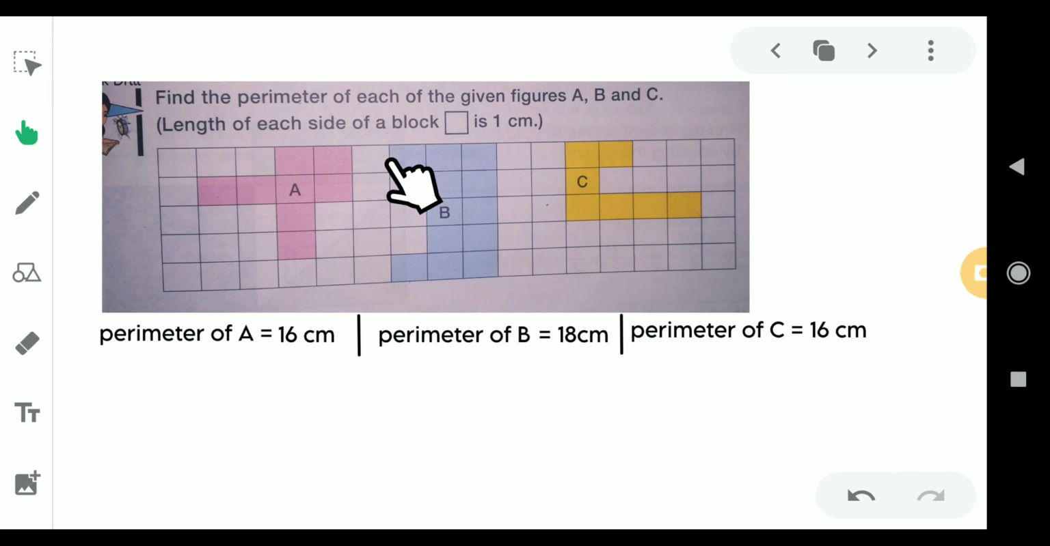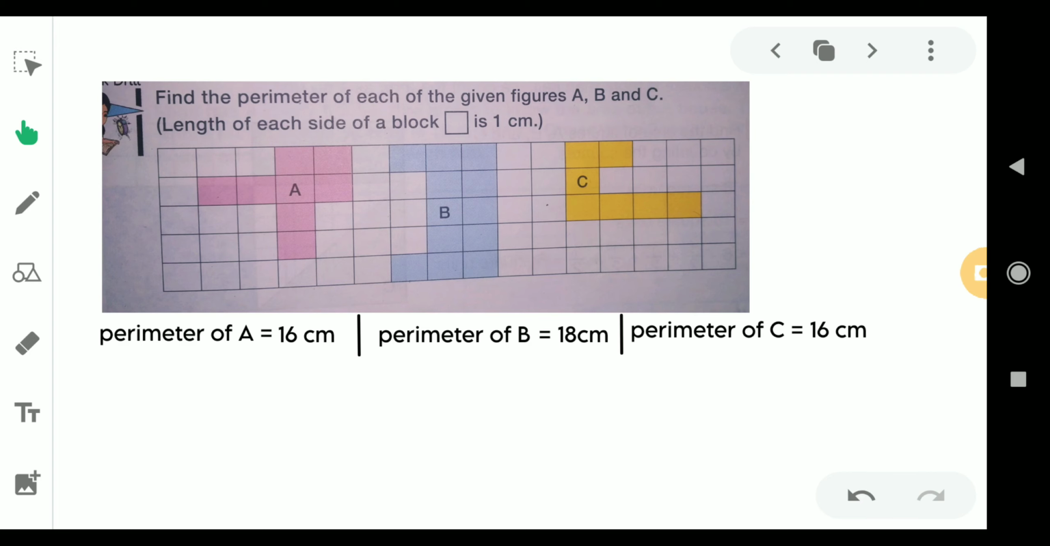Yes, let's begin from this. 1, 2, 3, 4, 5, 6, 7, 8, 9, 10, 11, 12, 13, 14, 15, 16, 17, 18. So the perimeter of this figure B is 18 centimeter. Similarly, you can find the perimeter of figure C as 16 centimeter. Just go around this shape and count each side of the block so that it would give you 16